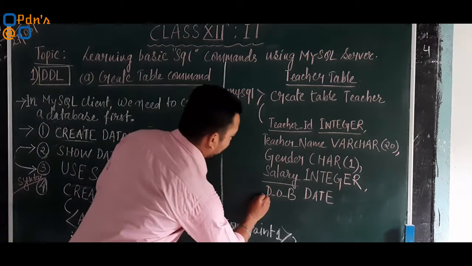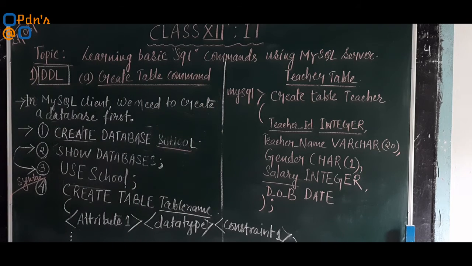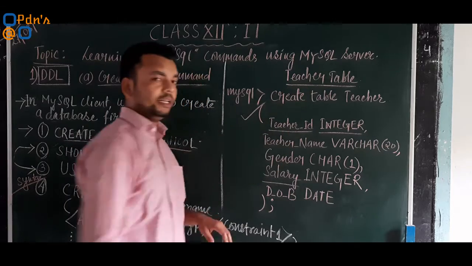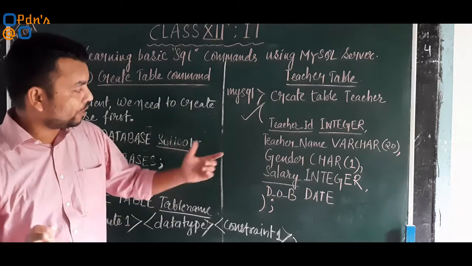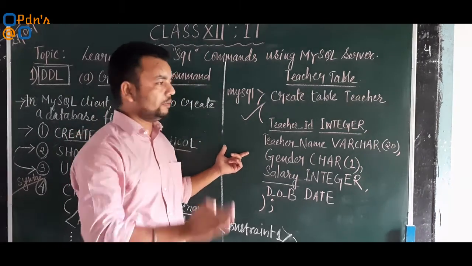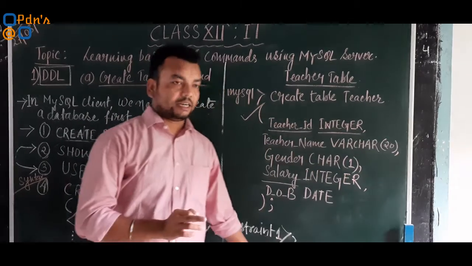Now we have not placed any restrictions in here, or we have not placed any constraint in here. So it will generate a table without any constraint. Means in place of constraint, wherever we need to insert a constraint, it will simply display none. It will display only null and no constraint is applied on this table.